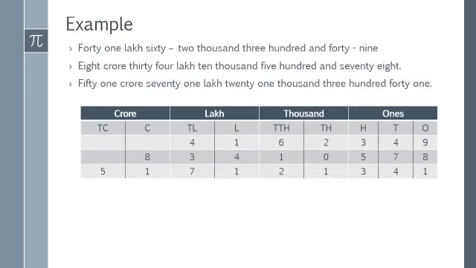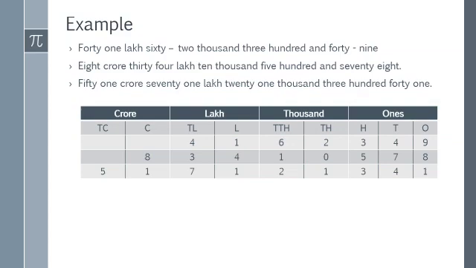Let us take an example so that you can understand how to write numbers in a place value chart. Suppose we have to write the following numbers in a place value chart. First of all, make a place value chart. Name the places in each period from right to left. Then, question number A,